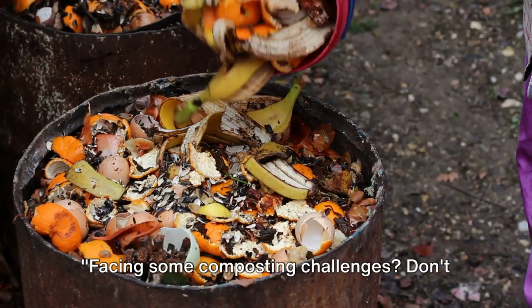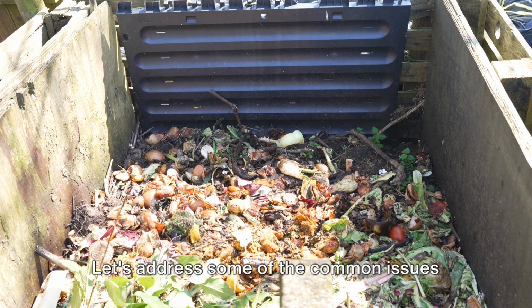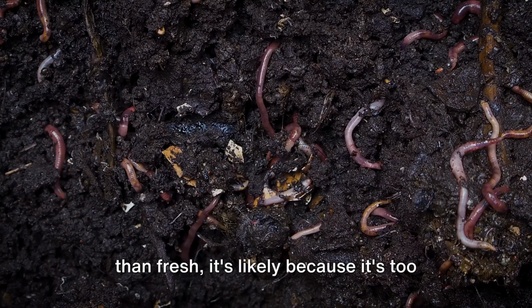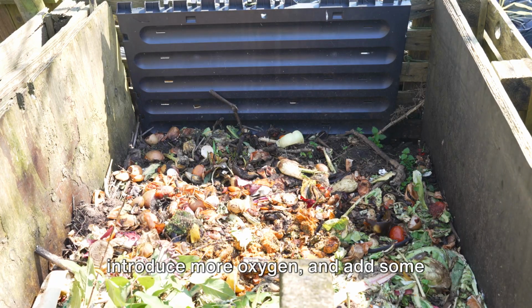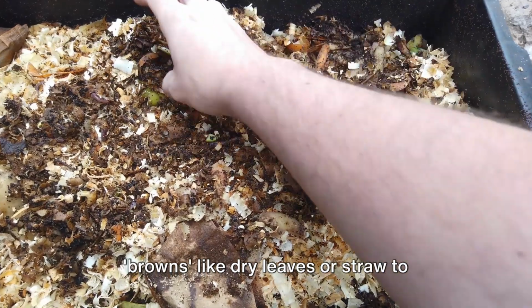Facing some composting challenges? Don't worry, we've got you covered. Let's address some of the common issues you might encounter. First up, bad smells. If your compost pile is smelling less than fresh, it's likely because it's too wet or doesn't have enough air circulation. Try turning your compost regularly to introduce more oxygen, and add some browns like dry leaves or straw to absorb